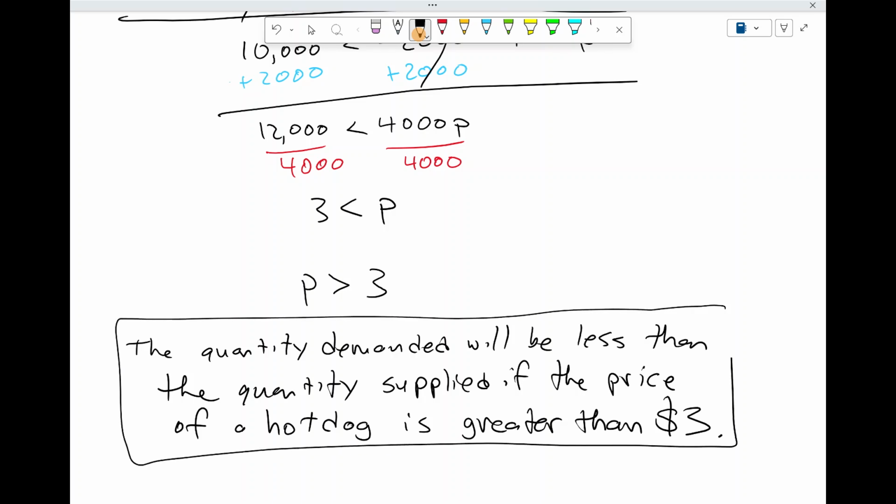And that should kind of make sense because they'll be equal at $3, but if the price gets bigger